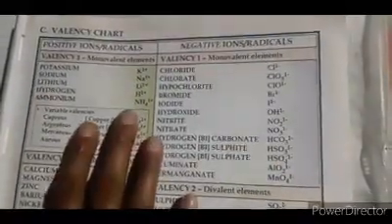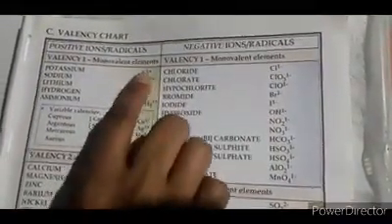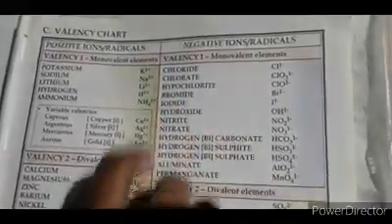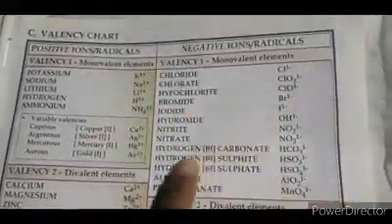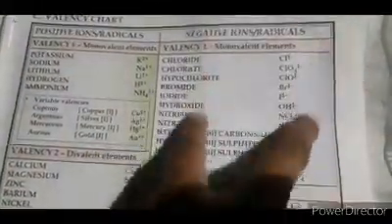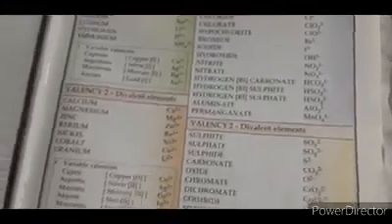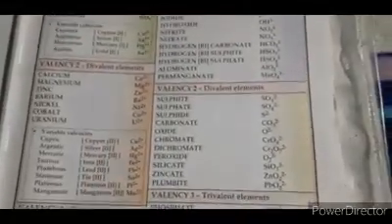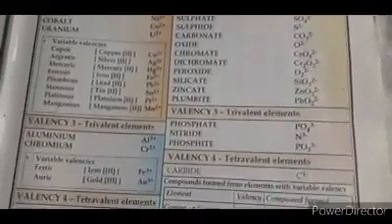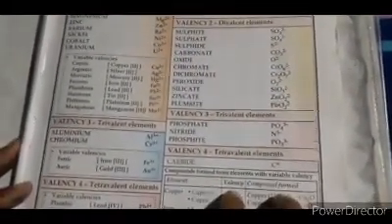Now this is a valency chart given for all the elements, whether they are positive or negative. Their element names are given, and you can see the symbols are also given. The charges and their valencies are mentioned over here, and you can learn it from this. This portion is your metal portion, and this portion is your non-metal portion. So you can learn all the cases from here, whether the valency is 1, 2, or 3, or even down here you can see 4. Over here also you can see in the same manner 1, 2, 3, 4, all the valencies. Later on we'll discuss the variable valency in the next part.